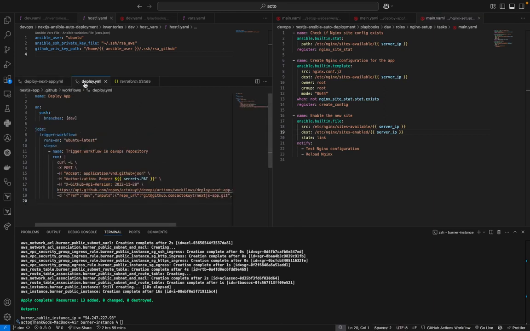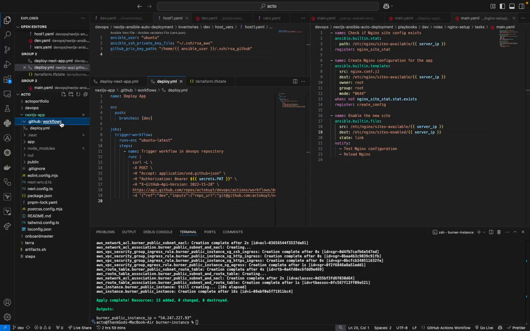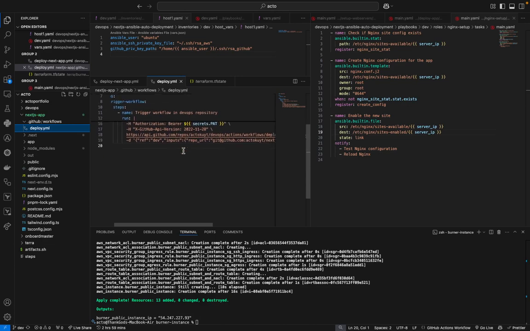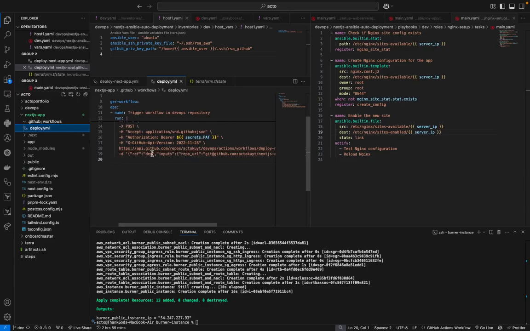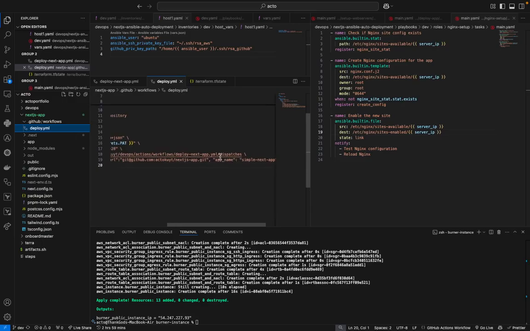I've also created two workflow files, one for the Nest.js app, right? So this one, and all this does is it gets triggered when there is a push to the dev branch. And all it does is just trigger the workflow file on the DevOps repo via the GitHub API. So it's going to reference the dev branch on the DevOps repo and pass the repo URL and app name as variables to